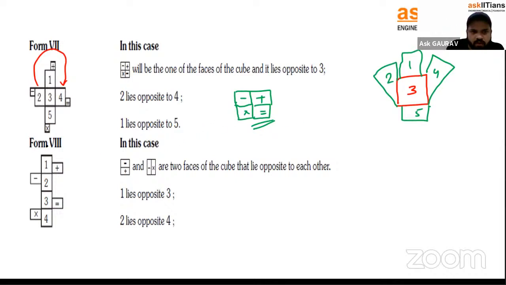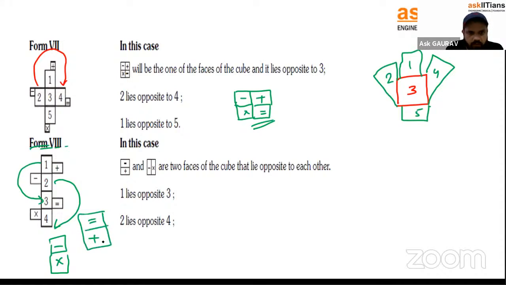Now comes your form 8. Form 8, see, alternate. 1 will be opposite to 3, 2 will be opposite to 4. Now, if we just make a box, you will find that your minus and multiply one face will be opposite to your plus and is equal to, right? If you just make a box, your minus and plus will be opposite to